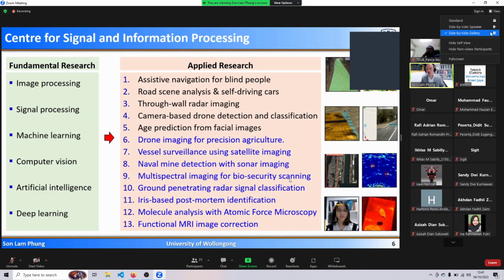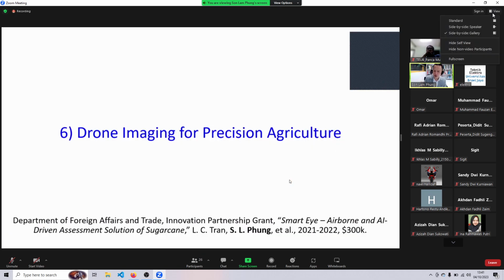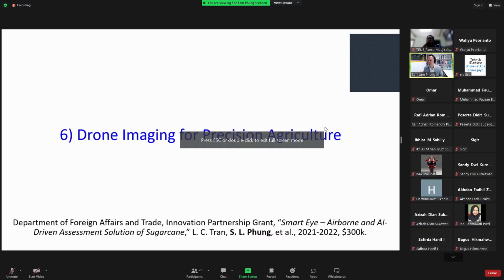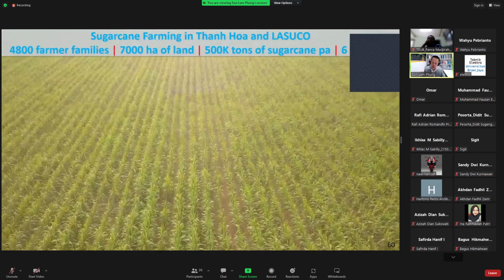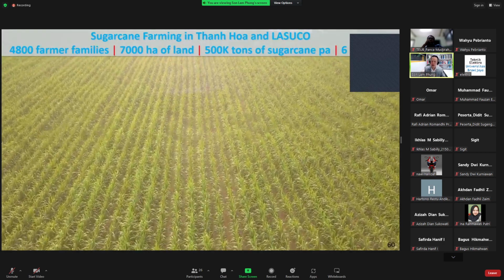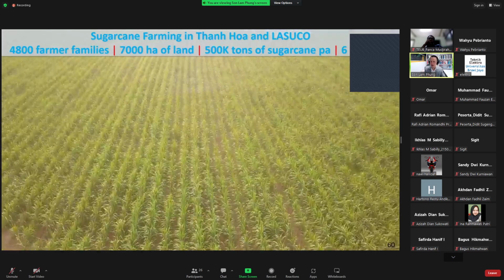The first topic that I'm going to talk about today is drone imaging for precision agriculture. This is a research project that has been funded by the Australian Department of Foreign Affairs and Trade in the Innovation Partnership Grant. In this project, we would like to use drone imaging in order to detect disease and pests on sugarcane